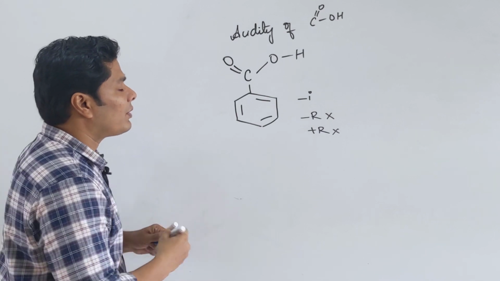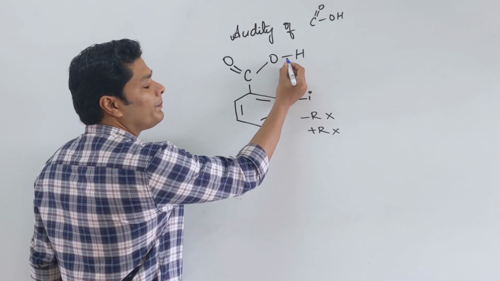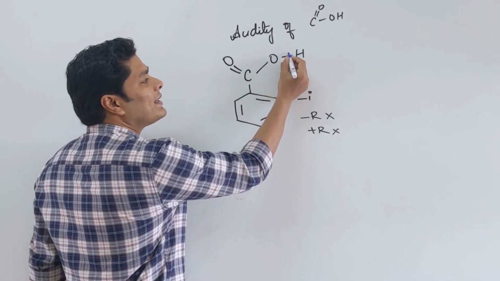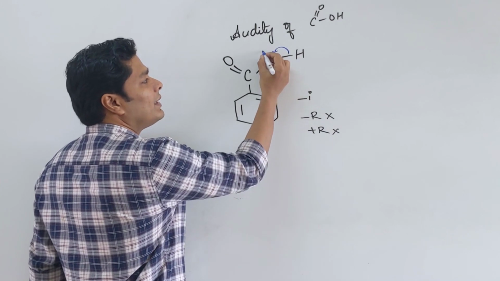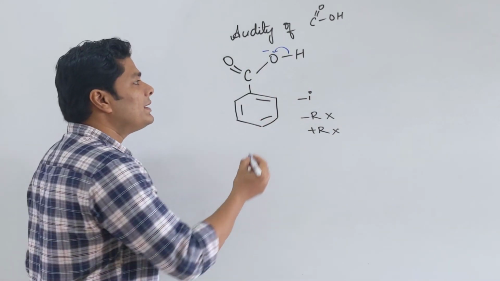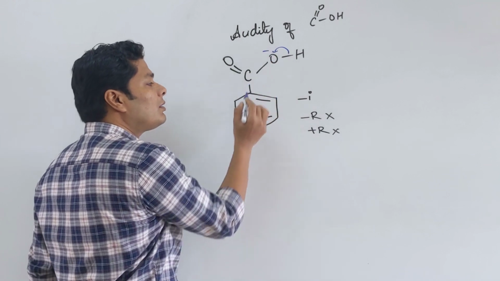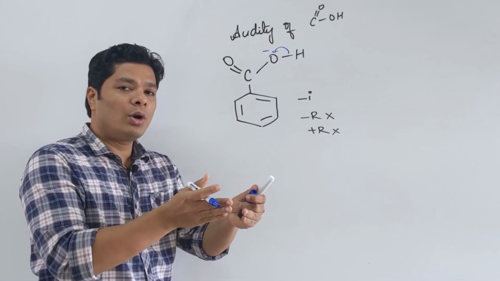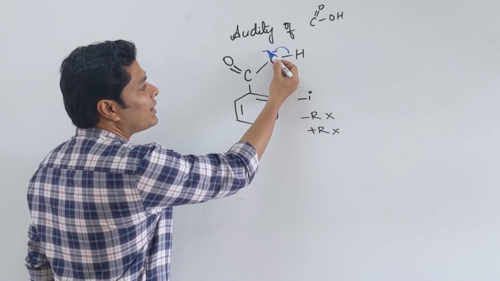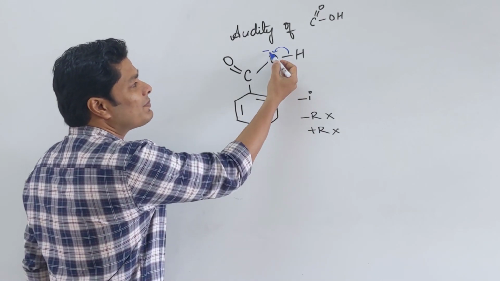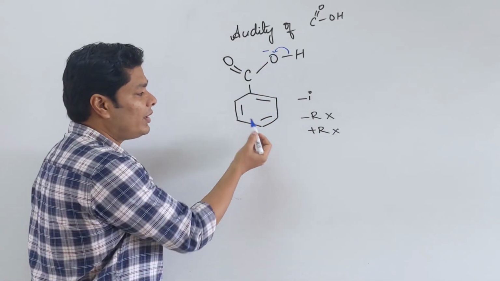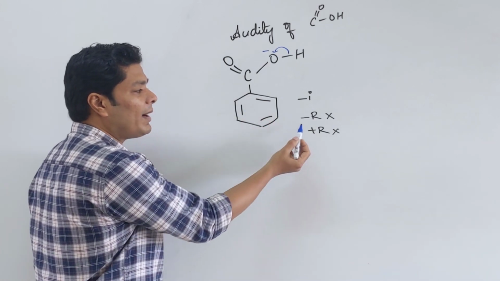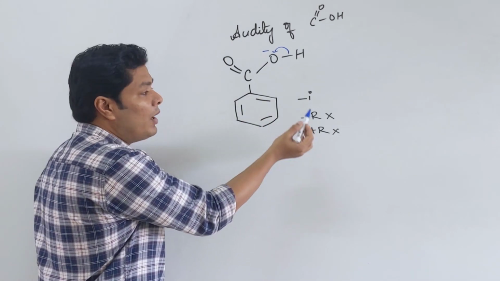for acidity we are focused on this particular bond. Okay. This oxygen takes electron to itself. So, let's say there is a minus charge. This minus charge is not in resonance with the ring because for resonance you need to have a minus charge, single bond, double bond. Here I have a minus charge, single bond, single bond. So, this minus is not in resonance with the ring. So, whatever you put in the ring, minus R and plus R is ruled out, only minus I.